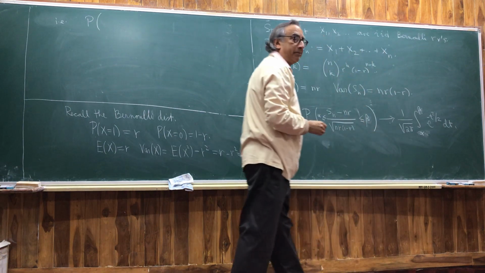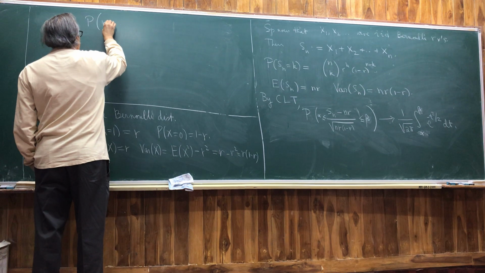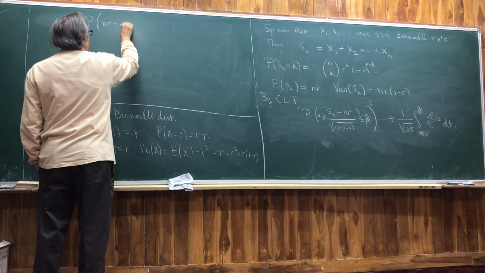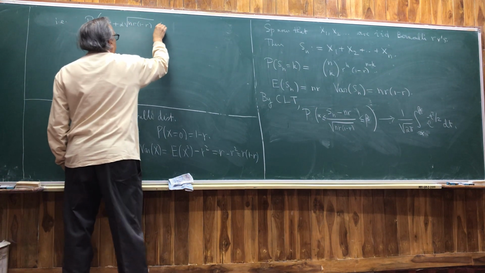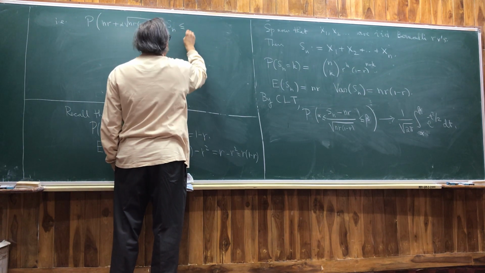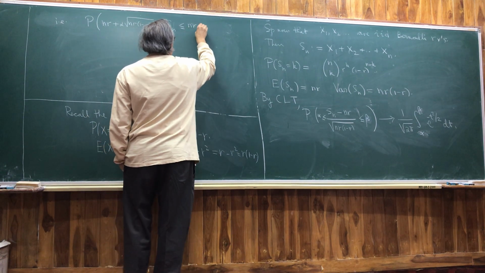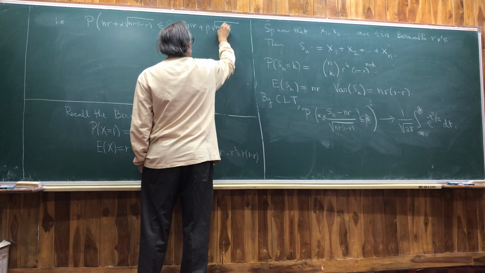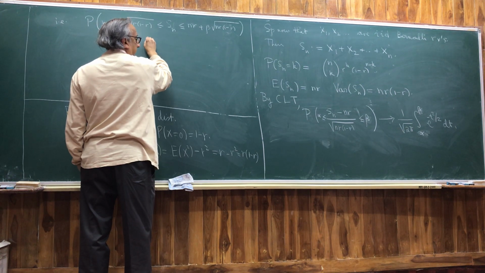Okay, good. Then what do we have? We have the probability that nr plus alpha square root of nr(1 minus r) is less than Sn, which is less than or equal to nr plus beta root nr(1 minus r), tends to